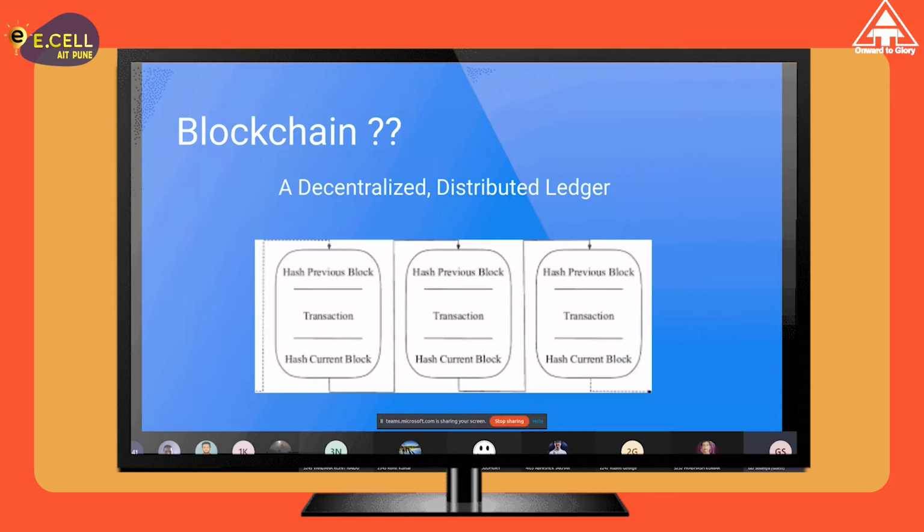If you search for blockchain, you'll probably find these three words as its basic or summarized definition: a blockchain is a decentralized distributed ledger. So there are some jargons here. Let's talk about each term separately. Let's start with ledger. So what is a ledger? A ledger is basically a